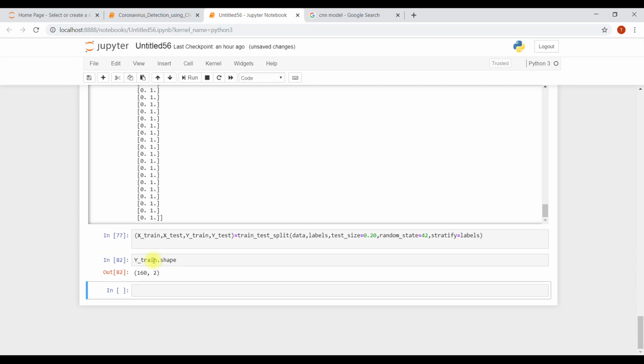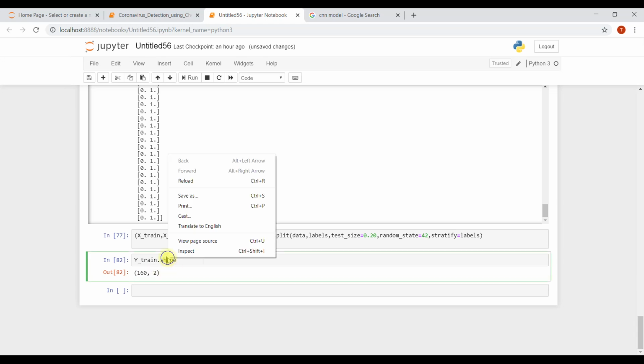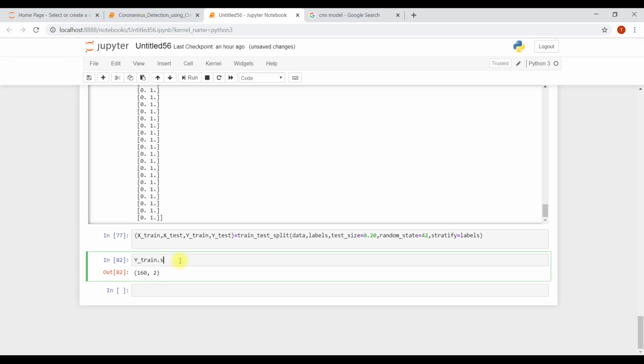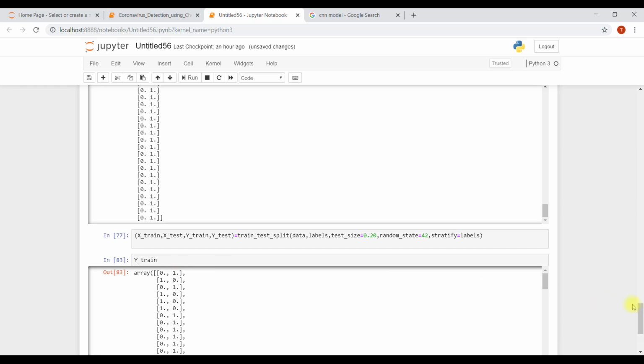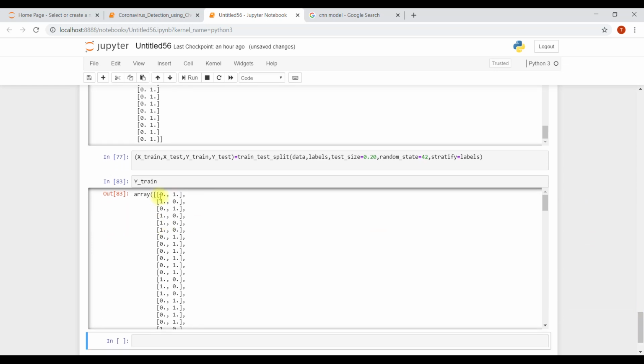Let's go for y train. Y train is the label of xtrain. These are the labels. The first image in xtrain is possibly normal, then COVID, then normal, then COVID, like this.